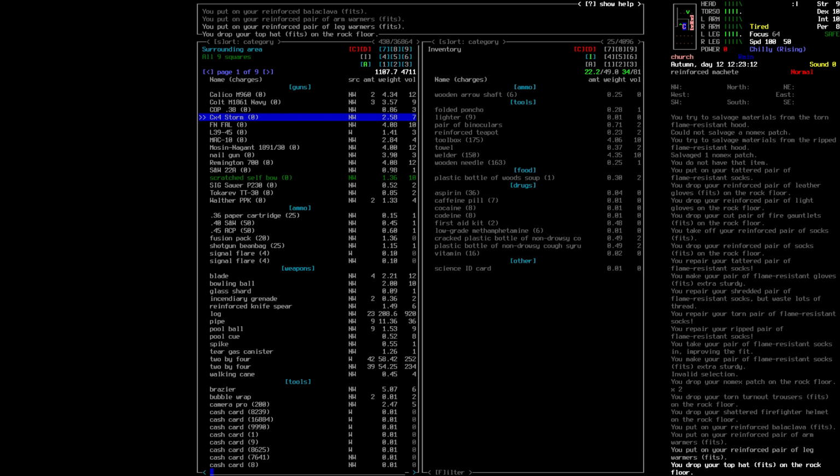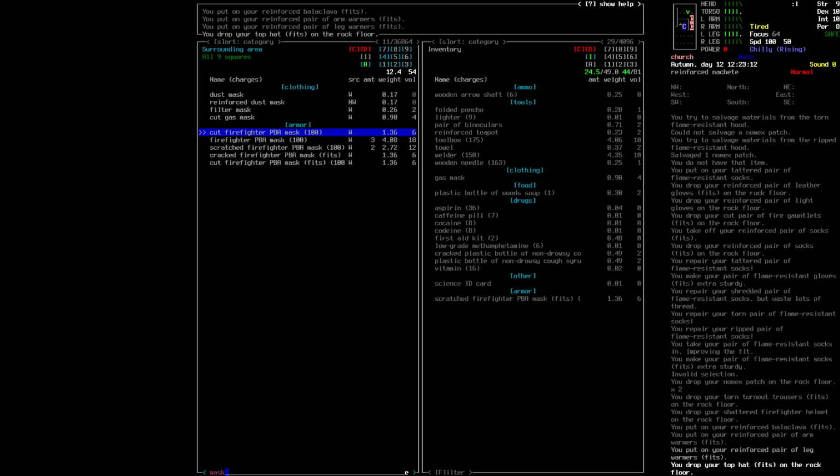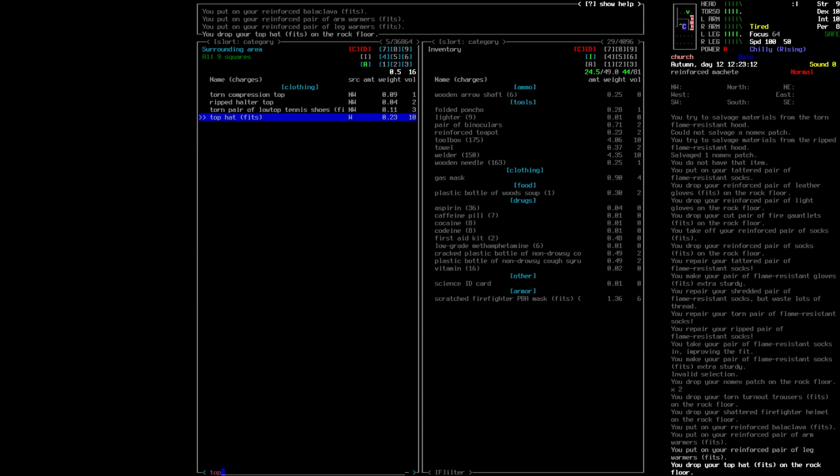Right, we want mask. Got gas masks, the filter mask, dust mask. Right, here we are. The PBA masks. We'll go for the scratched one here. There we go. And we'll also pick up the gas mask as well. We then want to look for top or shirt or vest. Might have no utility, no